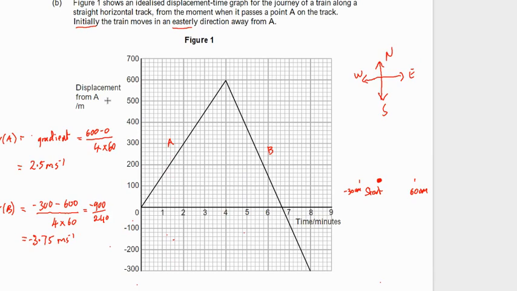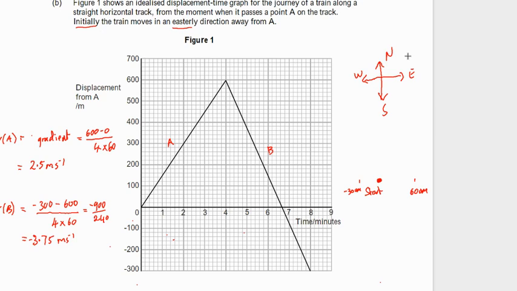Now, part B, we've got a distance time graph. Okay, so you've got a train journey, and let's read the question. Shows an idealized displacement time graph for a journey of a train along a straight horizontal track. So the movement is sideways. Okay, from the moment when it passes a point A on the track, initially the train moves in an easterly